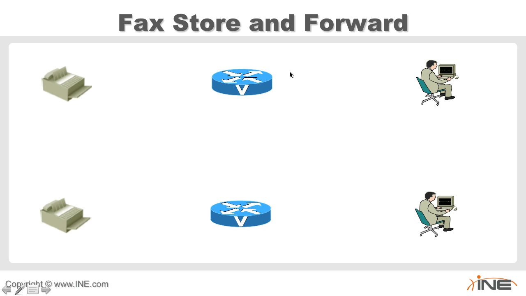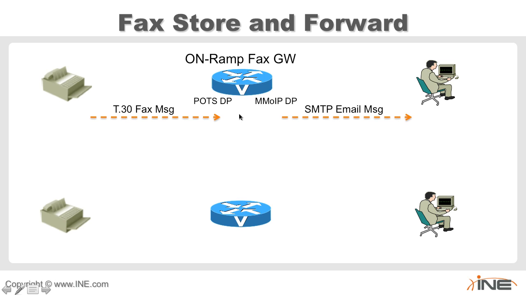So first of all, a fax call comes in to a POTS dial peer, and the router triggers a TCL, tool command language, script running on the router that listens to all the T.30 tones, and instead of relaying them anywhere, turns them directly into an email, packages them up, sends them in an email,